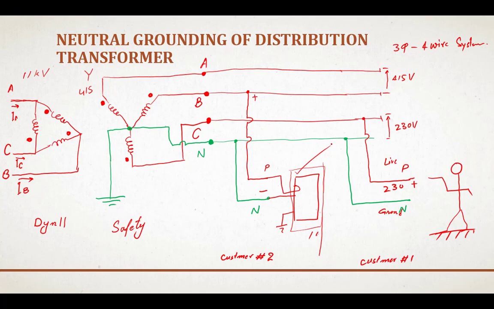So to make sure of human safety, utilities connect the neutral with the ground, and now everyone knows that there is a live wire, there is a grounded wire, the neutral wire. If someone will be in contact with the live, that person will experience a shock. So that's why everyone who is going to do any maintenance on the electrical system will take proper precaution and safety measures. So this is the purpose of neutral grounding. It is for the safety of human beings.